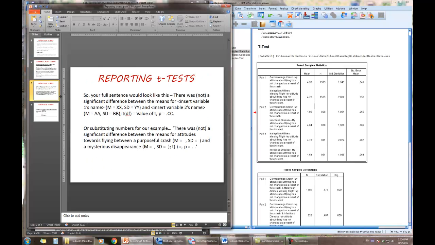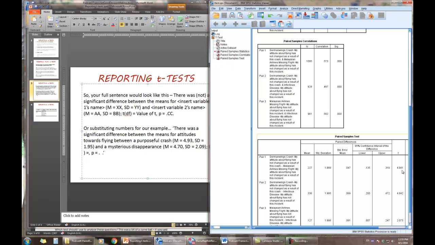Your full sentence for your first t-test would look something like this. There was, or not, a significant difference between the means for your variable name and your second variable name. You report the numbers and the value. So let's go ahead and do that. Let's edit our sentence. There was a significant difference between the means for attitudes towards flying between a purposeful crash. So we put in our mean right here of 4.93 with a standard deviation of, and remember we round just to 2 numbers, 1.95, and a mysterious disappearance which had a mean of 4.70 and a standard deviation of 2.09 with a t-value